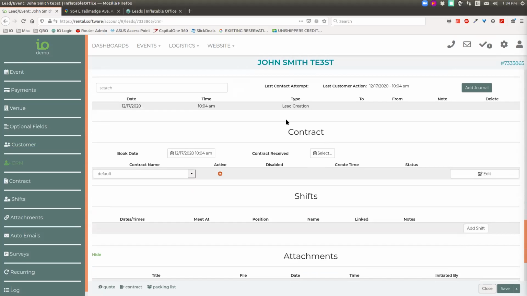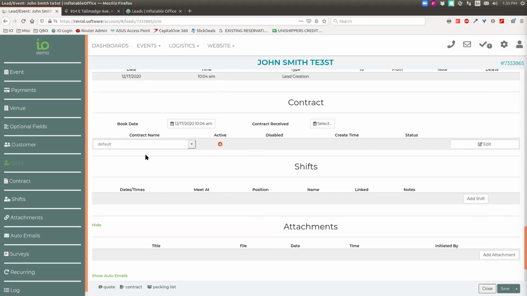So here is our contract section. This is probably going to look a lot different to you than anything you've used before. I think we've made this a little easier to use, trying to make it do all of the things that it currently does by handling vendor contracts as well as customer contracts, allowing you to have multiple contracts in here, certain ones being active, certain ones not being active, some being signed, some not,